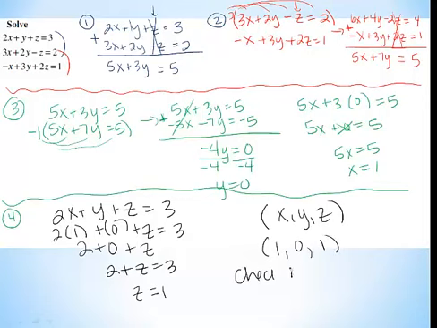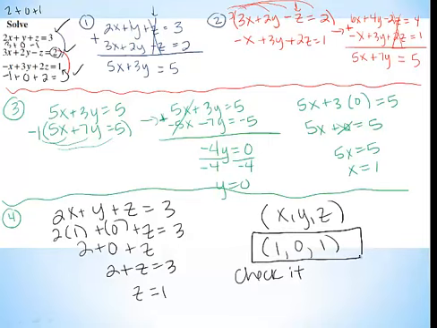And now I'm going to ask you to check it. So if I go back to my original problem and I do 2 times my x, which is 2, plus my y, plus my z, will I get 3? Yes. Let's check the second one. 3 times your x, which is 3, 2 times your 0, 0, minus your z, will that give you this number? Yes. Last one here, the negative of your x, so it'll be -1, plus 3 times your y, plus 2 times your z, does that give you this number? Yes. So it has to check for all 3,